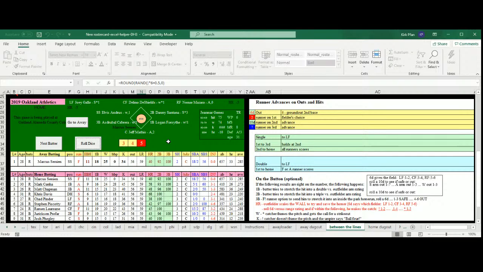5-4 Oakland. Two up is Canna. Rolls an 85. That will be a ground out, 1 to 3, and that's going to do it. We go to the top of the 7th,